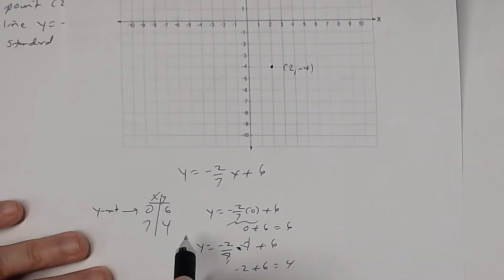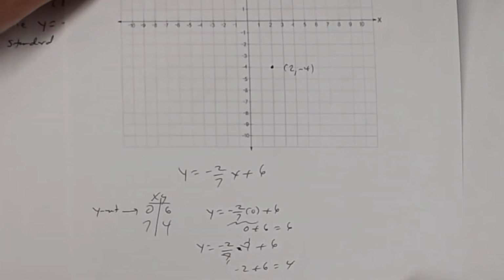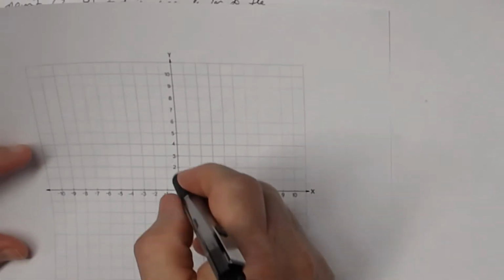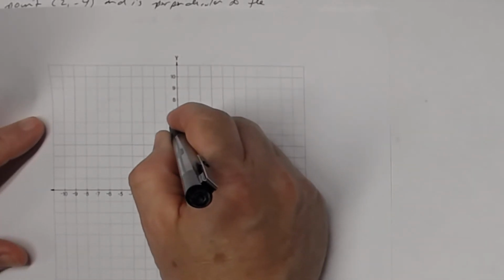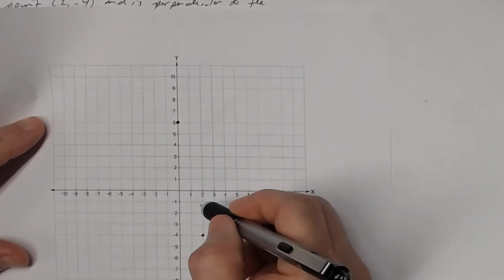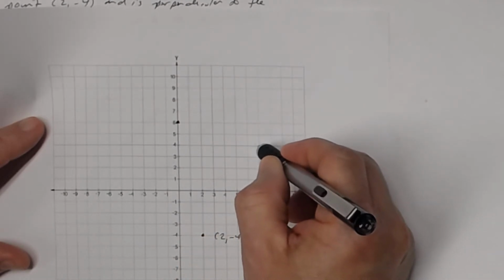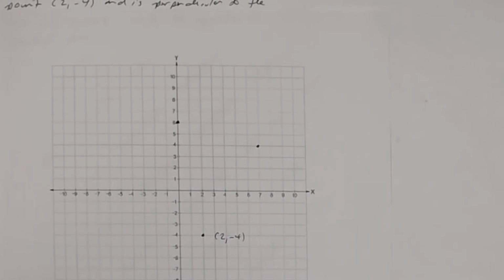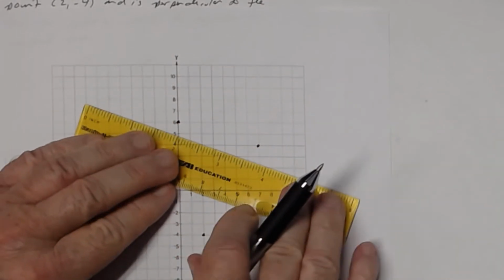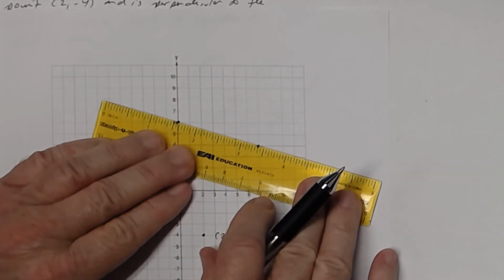And so if I plot those 2 points right here, 0, 6 and 7, 4, so 0, 6 is here, and then 7, 4 is right here. All right, and if I graph that line right here,